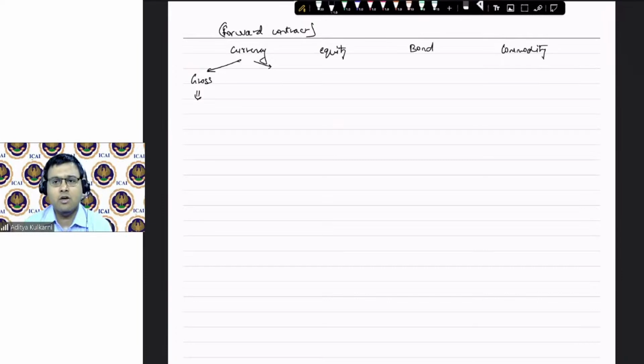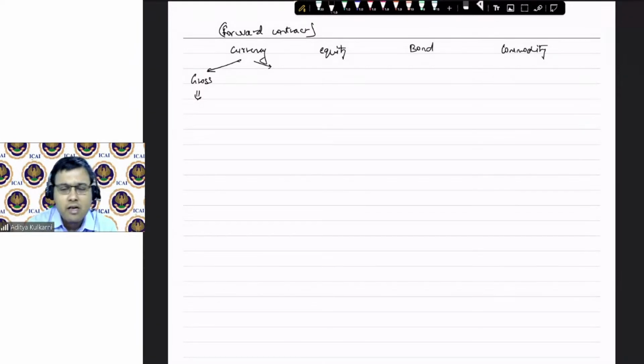I'm getting dollars. What is dollar? Dollar is currency. What is currency? Currency is cash. Is cash a financial asset? Answer is yes. So you are having a right to receive a financial asset. In return of the dollars, what are you paying? Sir, I'm paying the amount in INR. So do you have an obligation to deliver cash? Yes, you have an obligation to deliver cash worth 80,000.